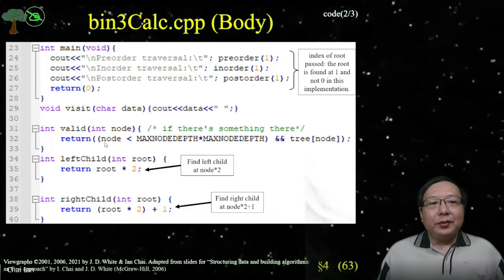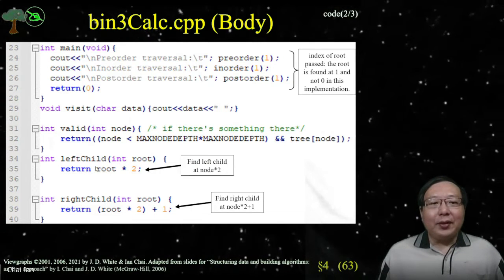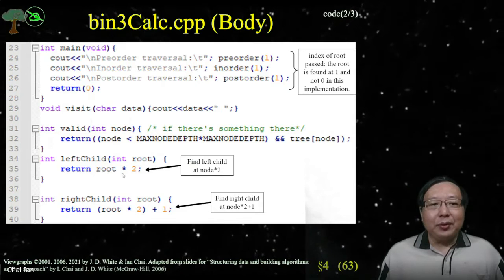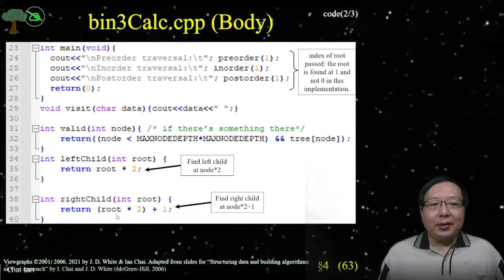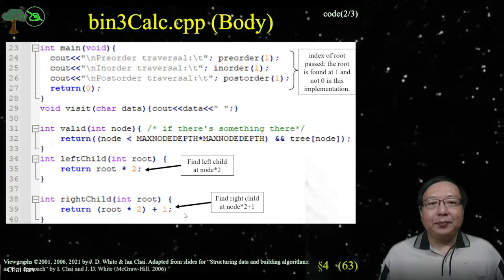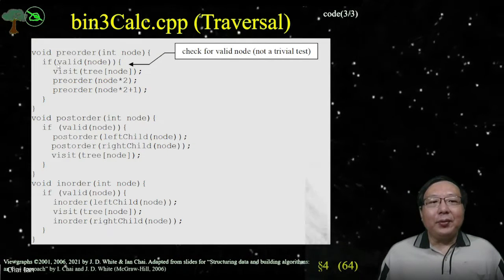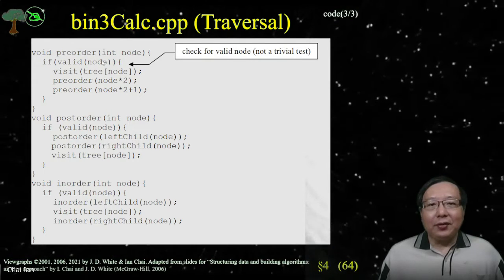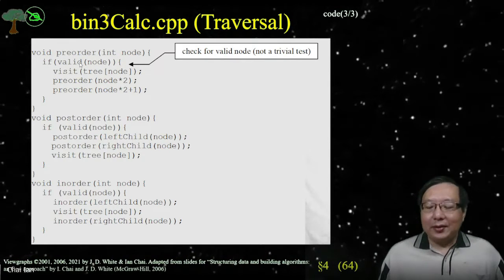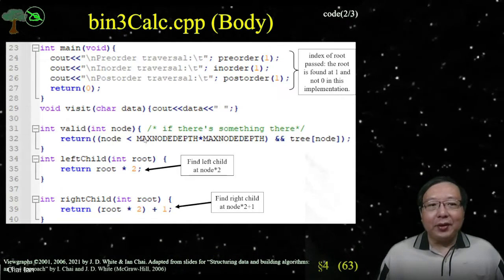So when we check to see if it's valid, then the left child returns the root times 2, the right child returns root times 2 plus 1. So in order, pre-order, we say if valid node. Okay, so valid, because this valid is not a trivial test, we actually wrote a function for it, which is